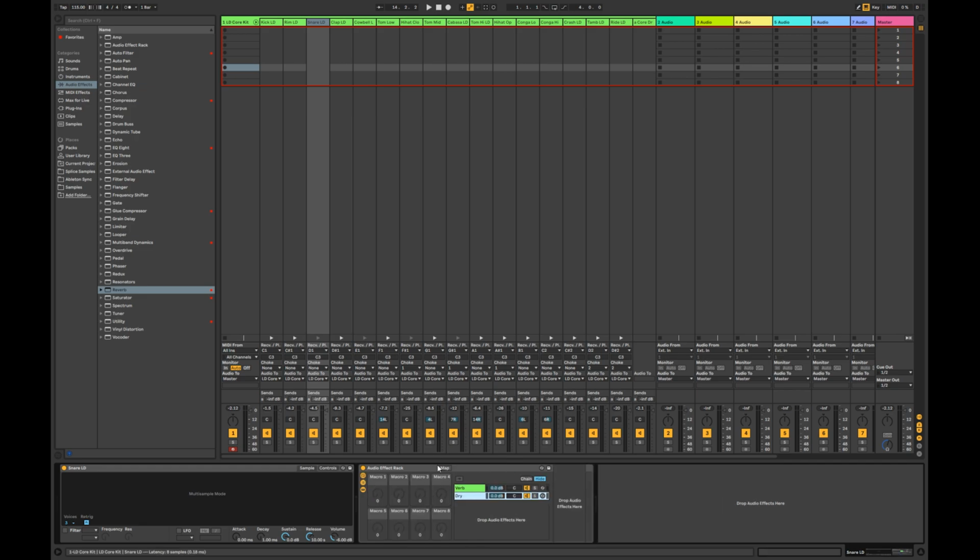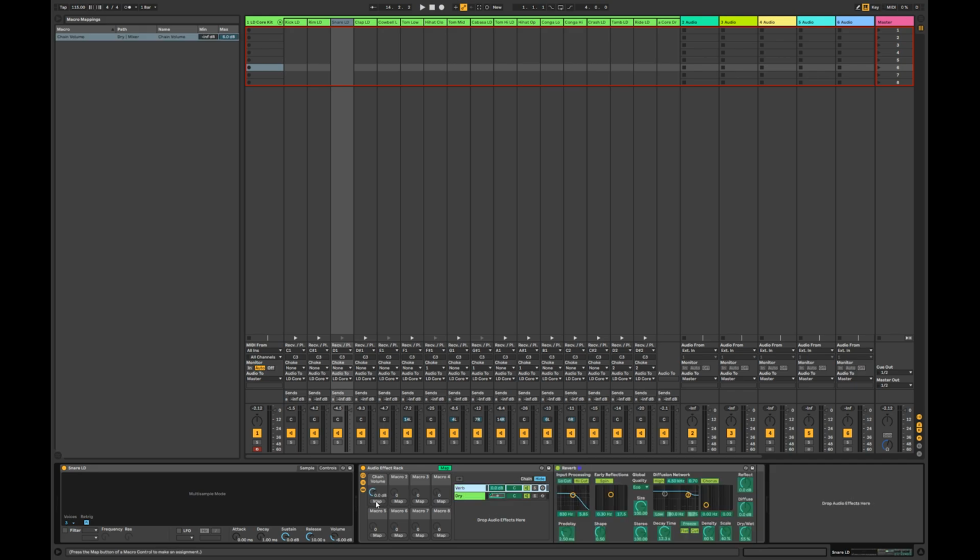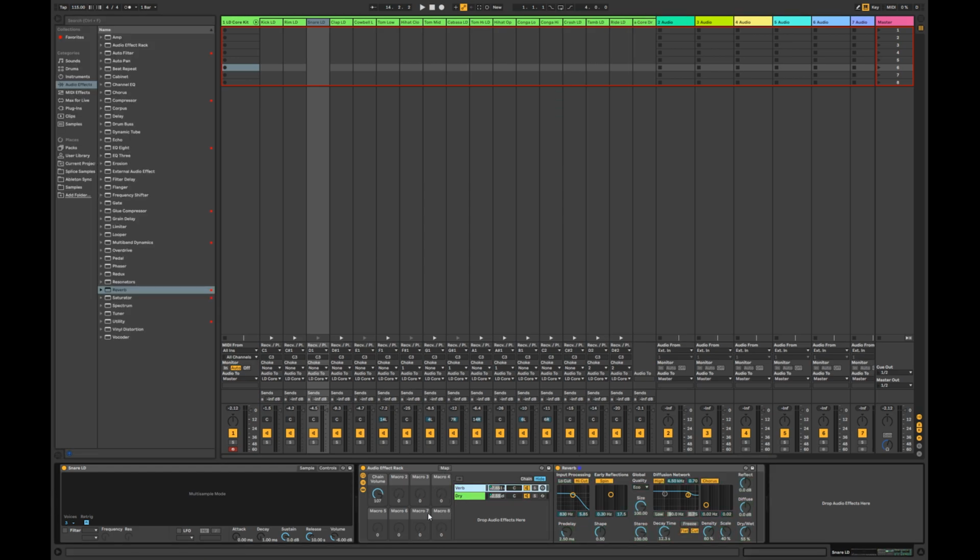The other trick is I like to have everything come out at unity gain. So I will map the dry and the verb wet to a single channel, and we'll do -3 dB as the max for these. And for the dry channel, the minimum should be 0 dB. So now what happens is